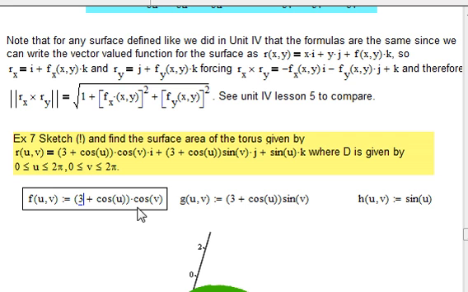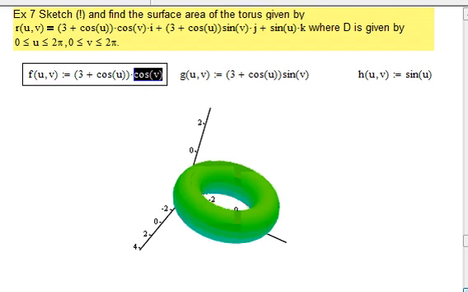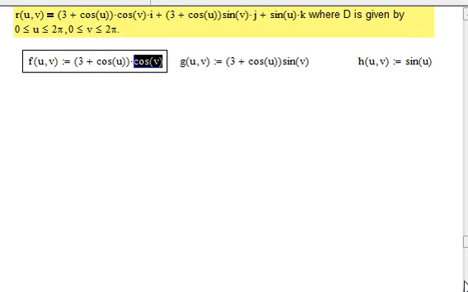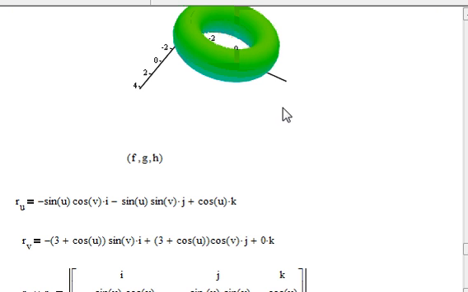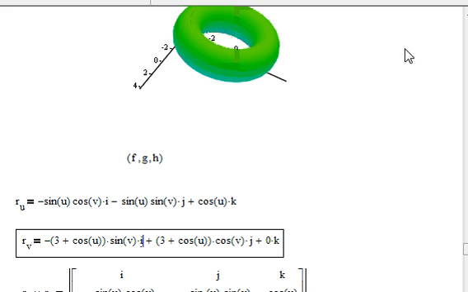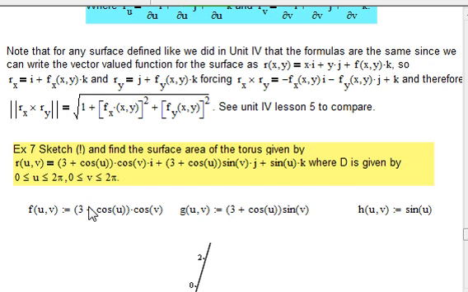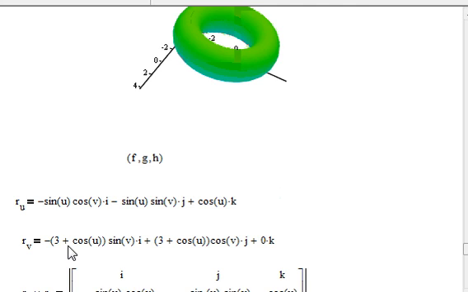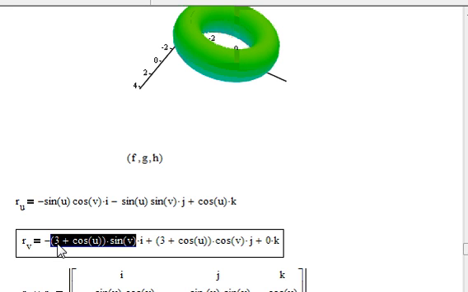The derivative of this is 0, so the derivative of 3 times that is still 0. We do get the derivative of this, which is negative sine of u times cosine of v, so that winds up the same. But now we're going to get something a little different, because when we take the derivative with respect to v of this part, the 3 plus cosine u is a constant, and the derivative of cosine is negative sine, so we're going to get this constant, 3 plus cosine u, times negative sine of v,